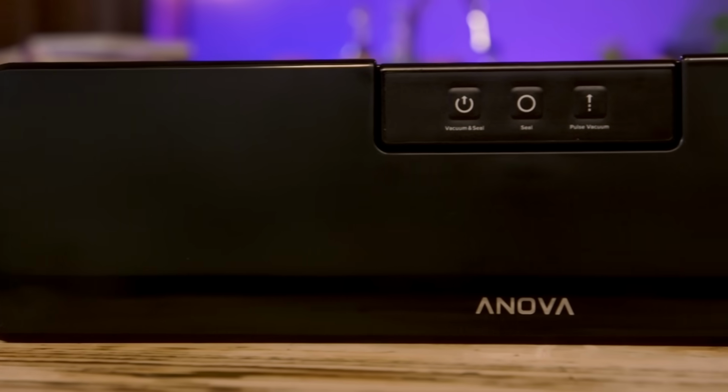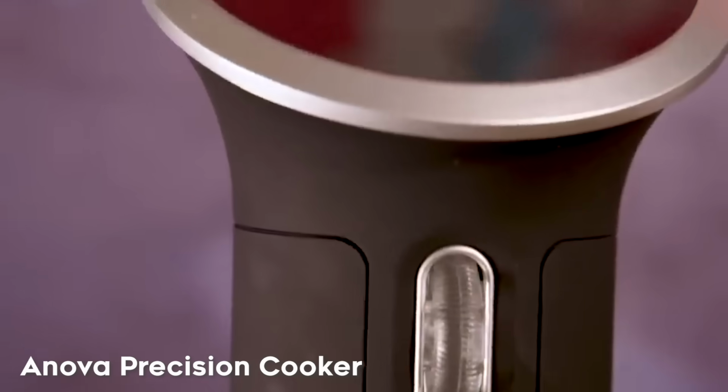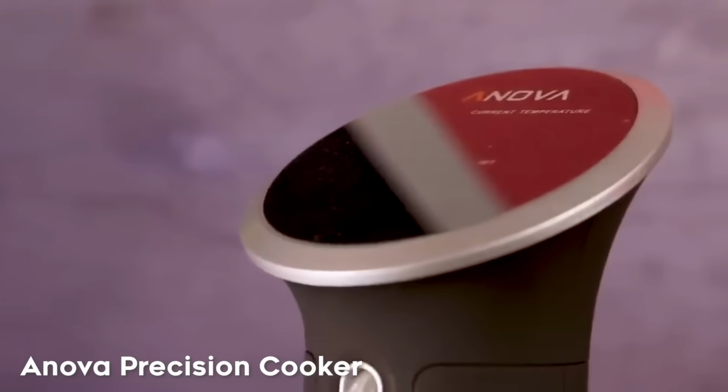So let's move on to price. If you're going to buy one of these, how much would you be willing to spend? I'm really in two minds. This is either going to be a £20 bargain, or it's going to be £100, oh my goodness, I'm not going anywhere near it. I can't decide which one it's going to be. What have I told you? It's $79.99, plus 50p a bag. And the sous vide machine was how much? 120, 140 quid, depending on where you get it. I mean, like with all these things, there are cheaper options, but...